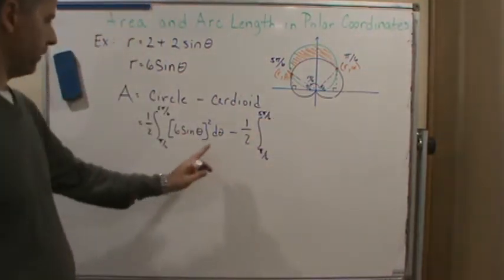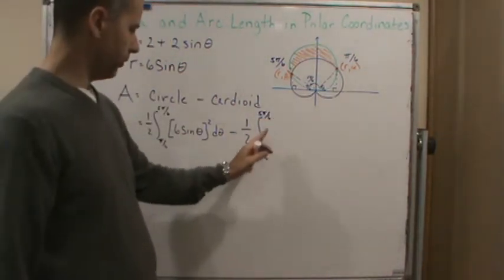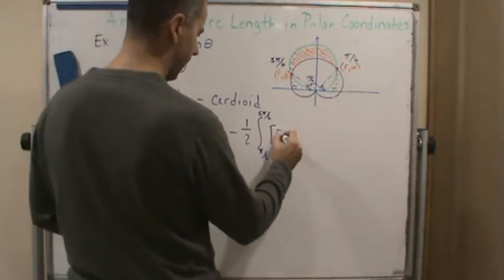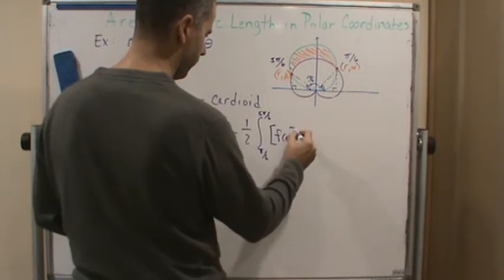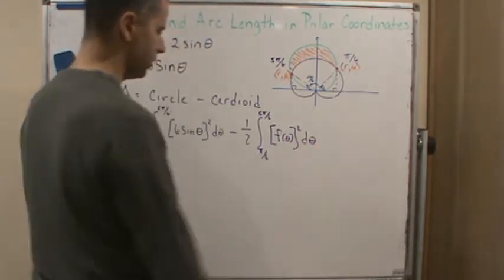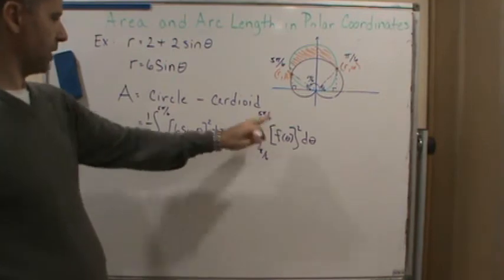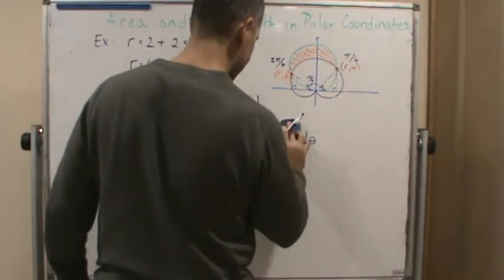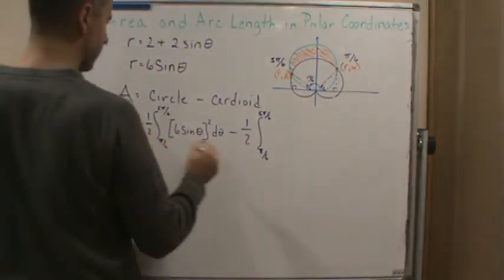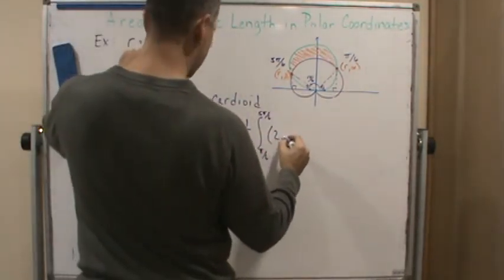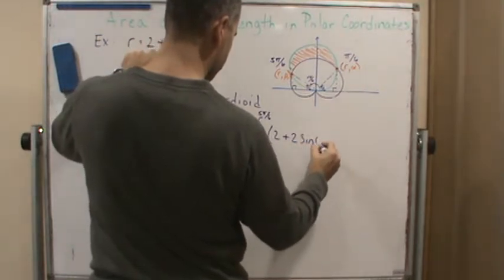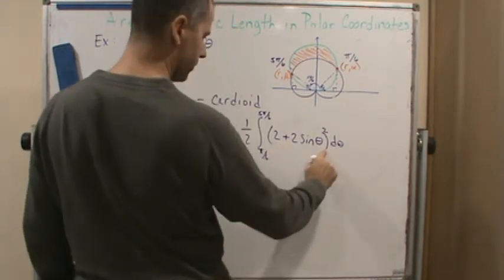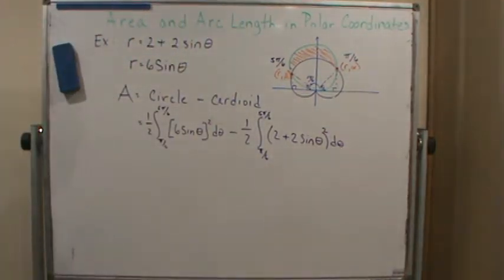So again, we're going to set up the formula: 1/2 the integral from pi over 6 to 5 pi over 6 of the function squared, f of theta quantity squared d theta. But this function of theta that represents the cardioid is this one. So again, we're just going to replace that with 2 plus 2 sine theta d theta. And so this is squared. Okay, now,